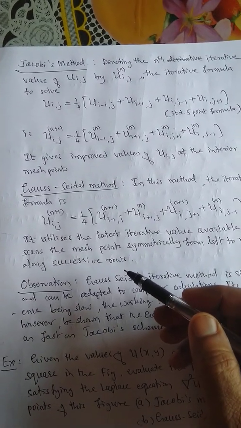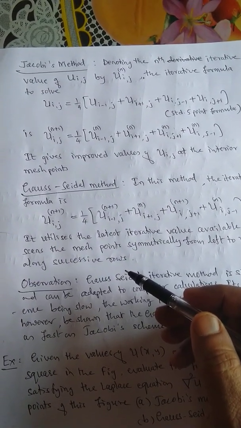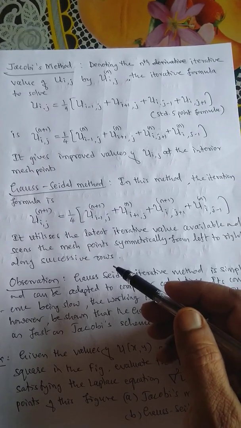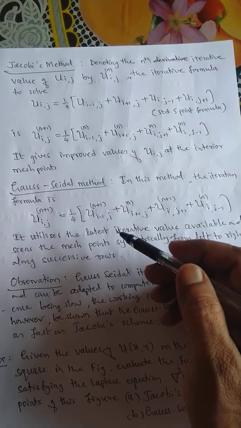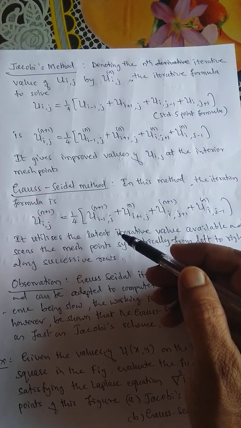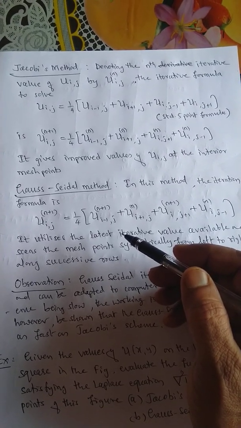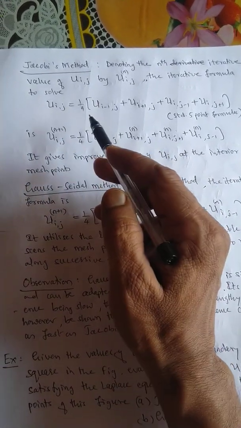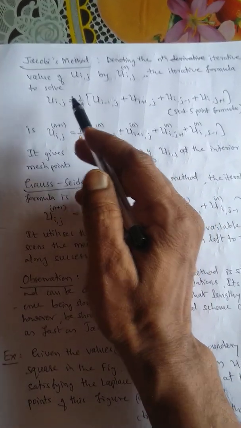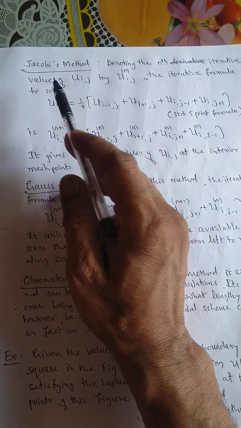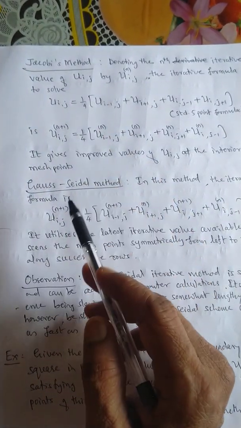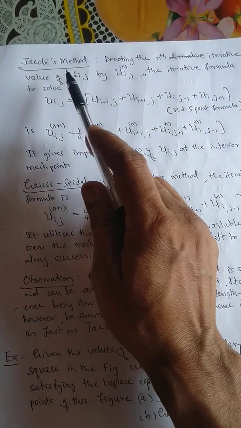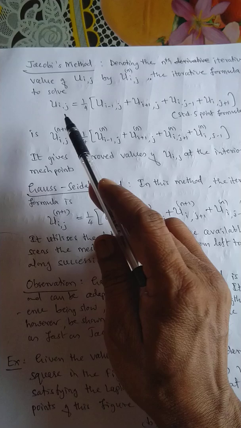Hello everyone. This is the second video on numerical solution of Laplace's equation, by the 5-point formula. In the numerical solution of Laplace's equation, we discussed two methods, Jacobi's method and Gauss-Seidel method. The Jacobi's method formula is